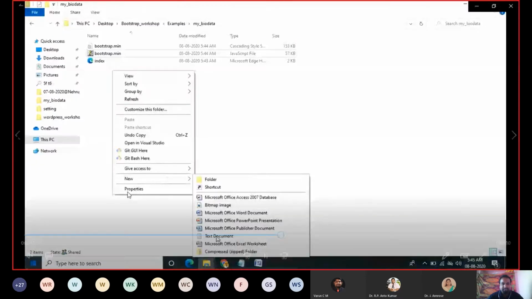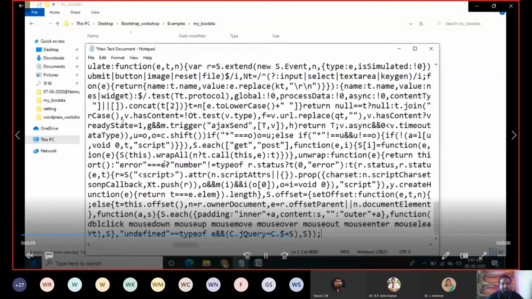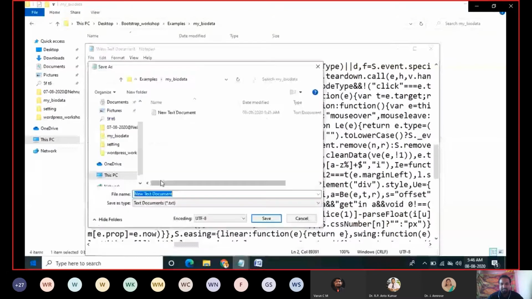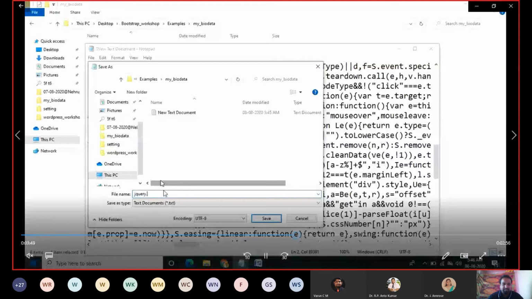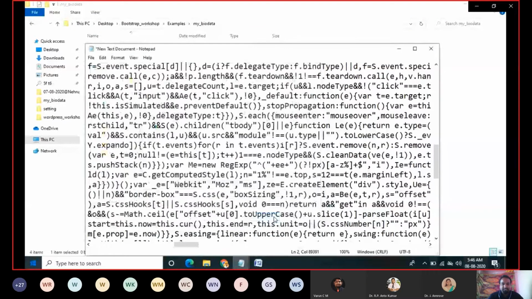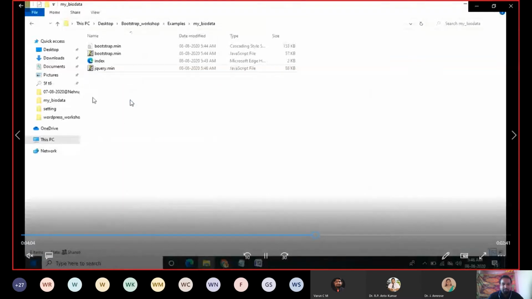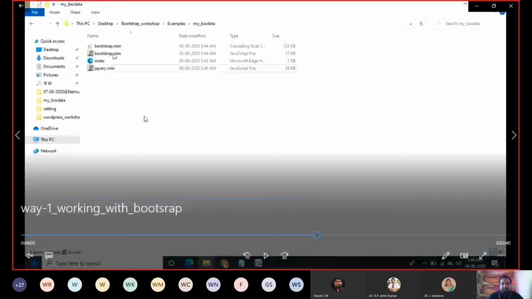Now you create a text document, save the content with save as jQuery.min.js. Naming is not a problem; you can give any name, but you have to use the same name in the reference when you are referring to this JavaScript file in HTML. Now all three files are downloaded: bootstrap.min.js, bootstrap.min.css, and jQuery.min.js.